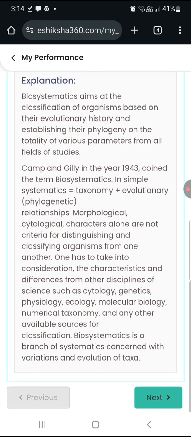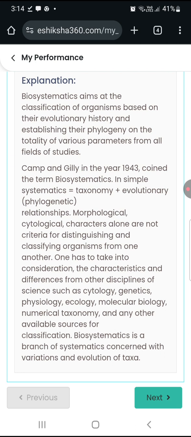Explanation: biosystematics aims at the classification of organisms based on their evolutionary history and establishing their phylogeny on the totality of various parameters from all fields of studies. Camp and Gilly in the year 1943 coined the term biosystematics. In simple terms, systematics equals taxonomy plus evolutionary